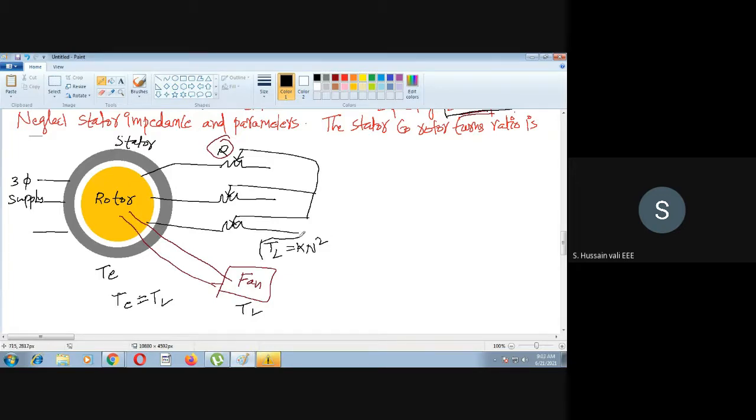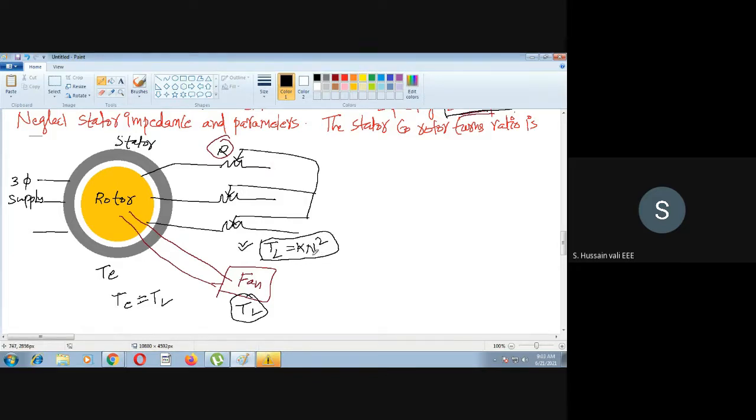You may find out even on the net what is the load torque of a fan. Or you can see what is the relationship between torque and speed for a fan. Then definitely I'm sure that you may get this equation. So whichever equation you get here, we will have to use that equation as the load torque. That's what I said. So this is the load torque. So load torque has a relationship with the speed.